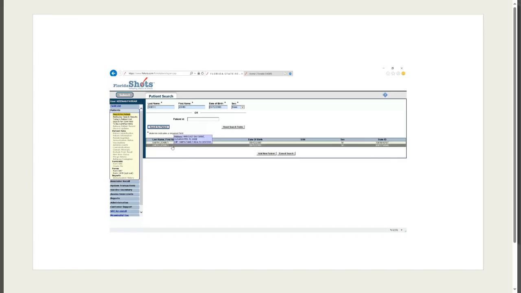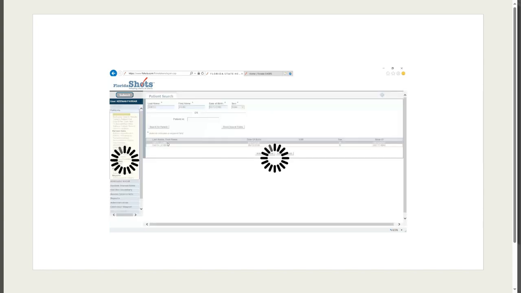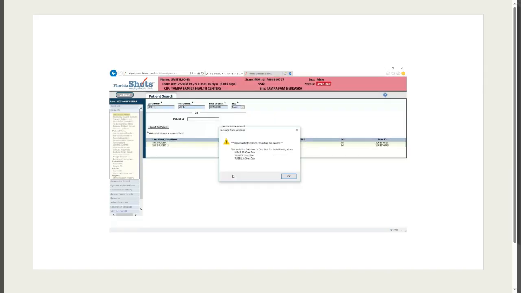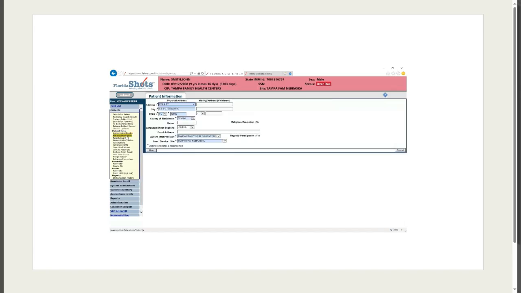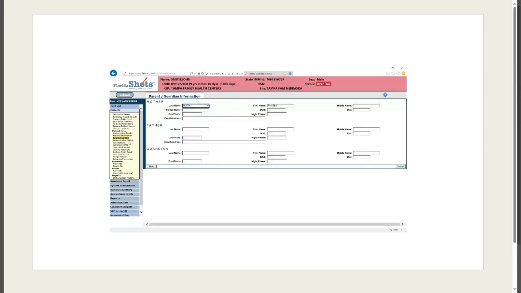that people may be born on the same date, if it's not, just go ahead and click on the record that is your patient and load the record. You may have a pop-up like this patient does saying that they're overdue for one or more vaccines. Simply click OK. And this will bring us again to the patient identification. If you need to make any changes, update anything, you can do that. Of course, the address can be updated, parent or guardian can be updated, but we're going to first talk about